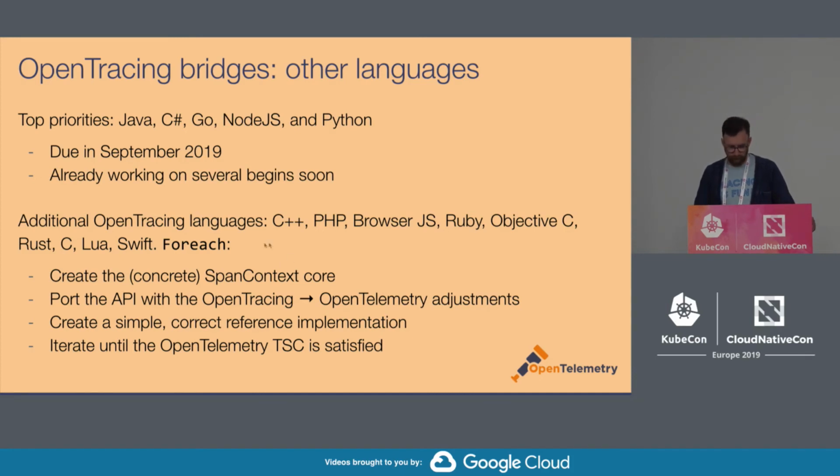If you want to wait until the reference implementation is there, that will probably extend through into November or December for a lot of these languages. But the OpenTracing part, which is just the API, should be ready earlier. All we really want to do is verify that we will be able to provide a high-quality reference implementation, and we can get there once we've gotten this simple correct version done. None of these things will be considered done until we have demonstrated evidence we'll be able to create a correct bridge from OpenTracing and OpenCensus.